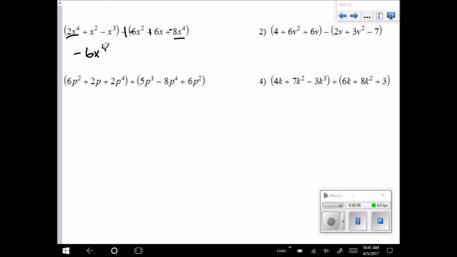Remember, we want these in standard form, so we want the exponents to go from highest to lowest. So from there, my next highest exponent is going to be to the third power. So I'm going to do negative x to the third because I don't see